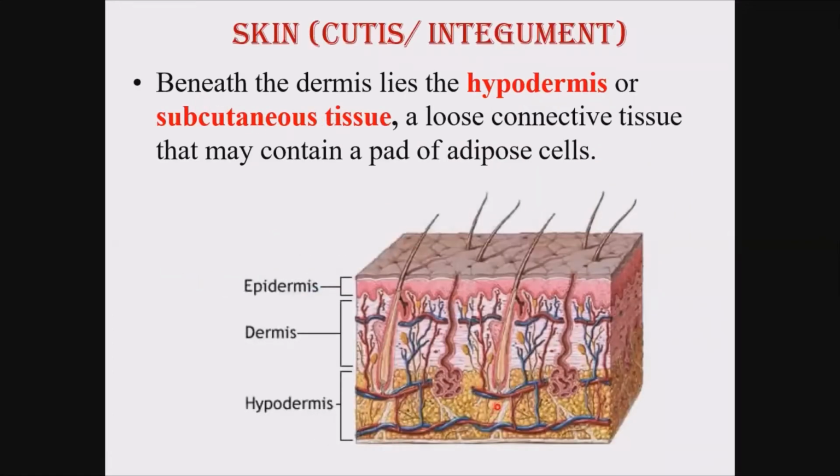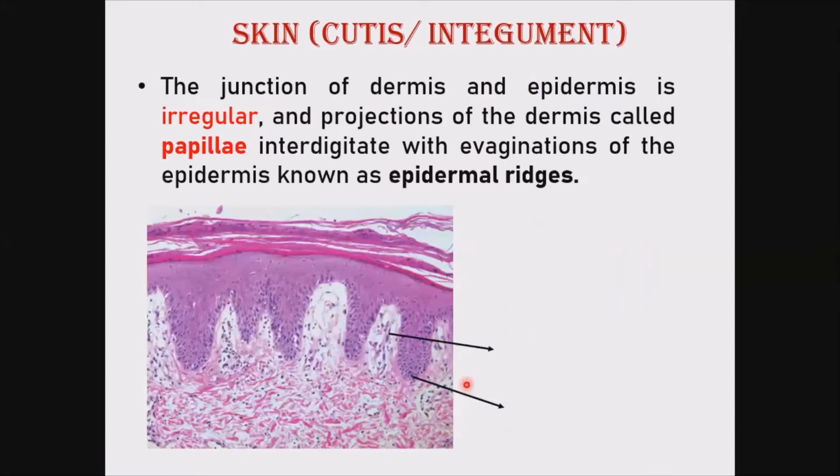Beneath the dermis, this hypodermis or subcutaneous tissue consists of mostly adipose tissue, and lots of blood vessels here, and a few sweat glands which are very close to the dermis. In between the epidermis and dermis, this dark stained area is the epidermis. This whole is epidermis, which is interlocking with the dermis. So the junction between the two is a bit irregular. You can make out the elevations and depressions.